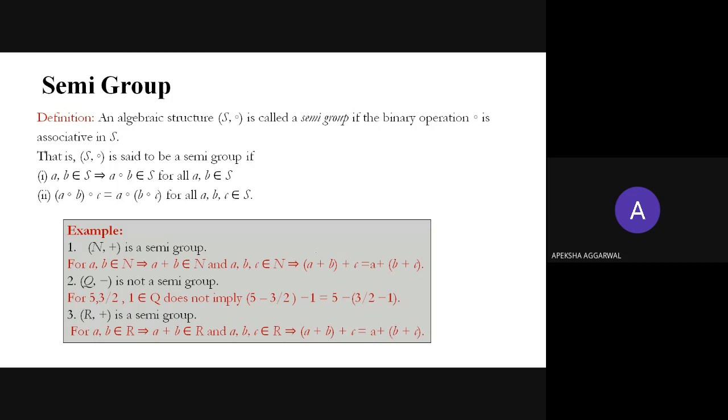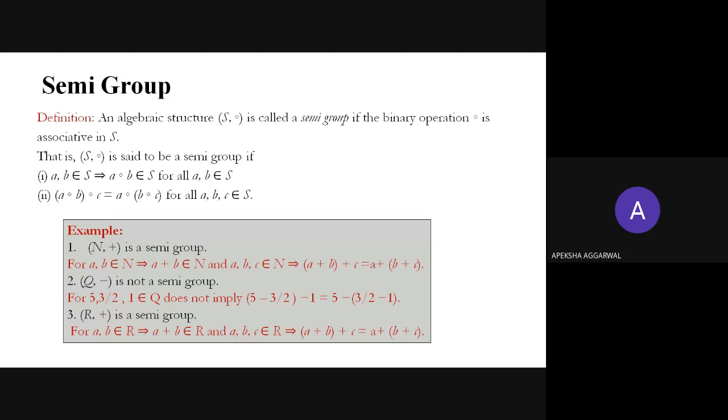So if it satisfies closure property number one, number two, if A O (B O C) is equal to (A O B) O C, which property is this? Associativity, right? So if any algebraic structure is closed as well as associative, we will call it a semigroup. Okay. So example, (N, +), N is the set of natural numbers over the operation plus, is a semigroup. Yes, we have seen it is associative as well as closed. Okay. Then another example, (Q, -). What is Q? Q is a set of rational numbers.